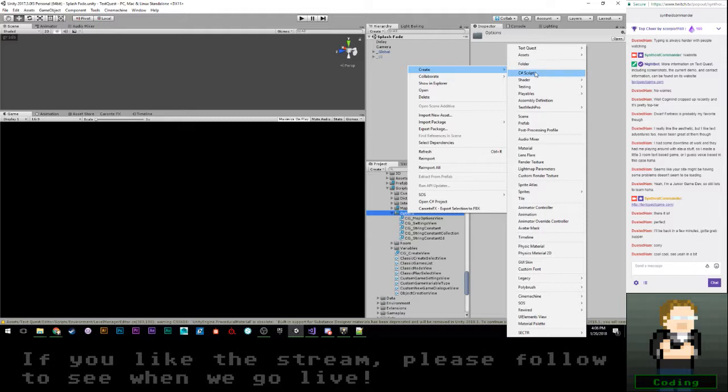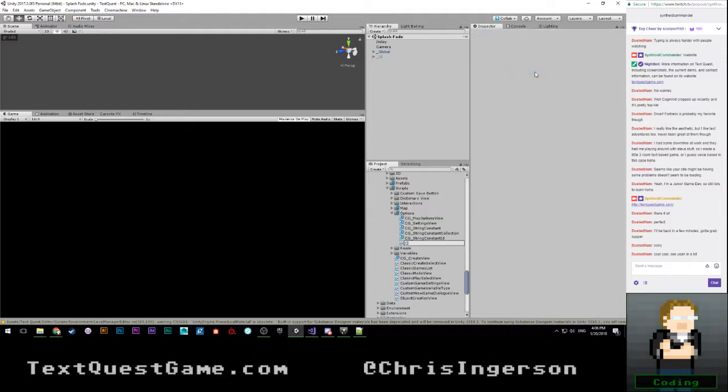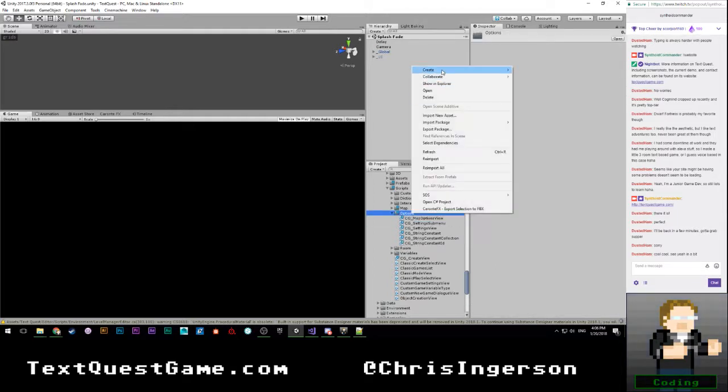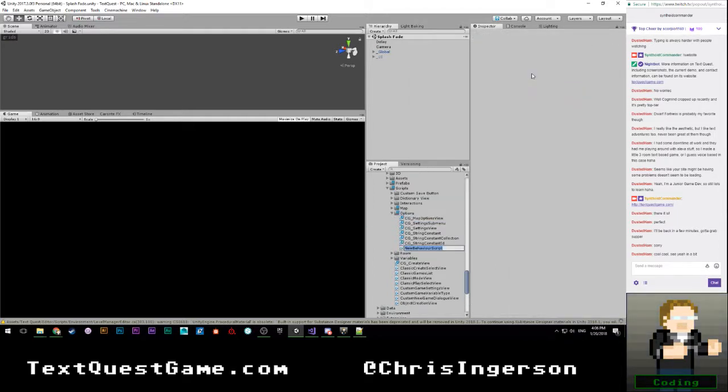So let's go ahead and create a C# script. We'll call that CG underscore settings submenu. All right. While that's compiling, we'll go ahead and create another C# script. We'll call that CG underscore settings constant menu.